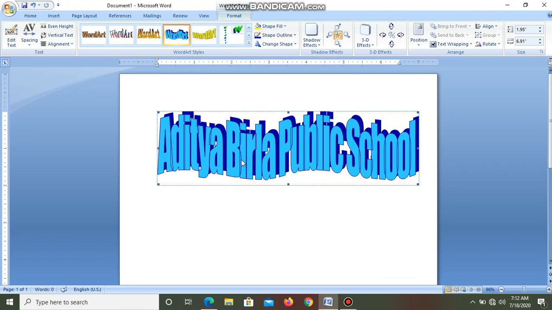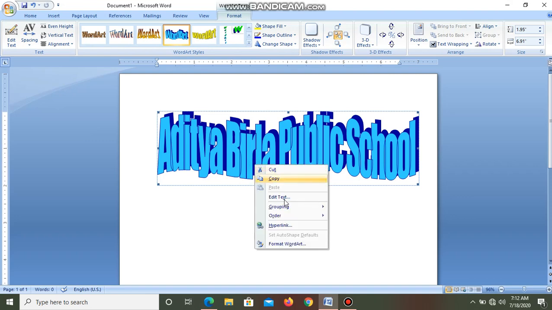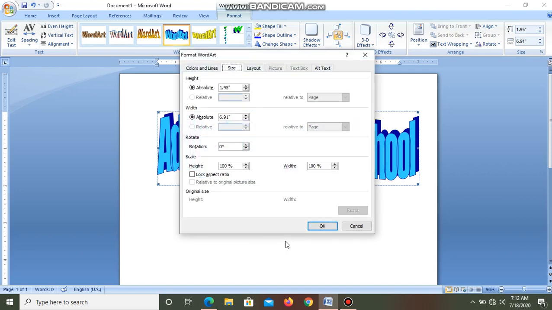So this is how you can have a text written in a ready-made style option which is available through word art. If you want you can make multiple changes to it. Just put your mouse pointer anywhere on this, right click and go to the format word art option.